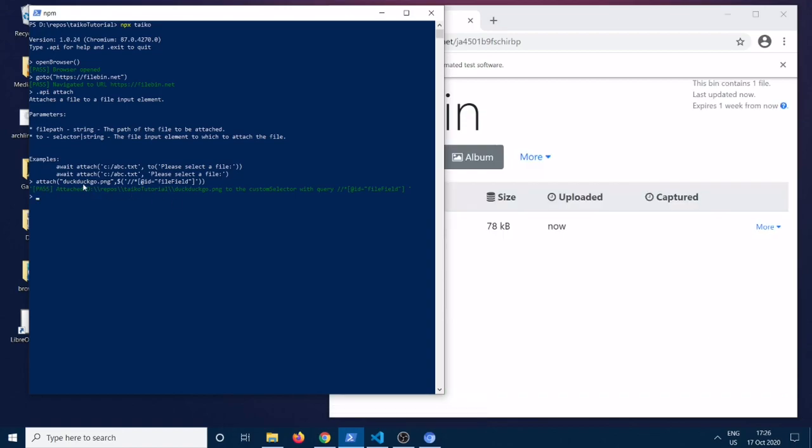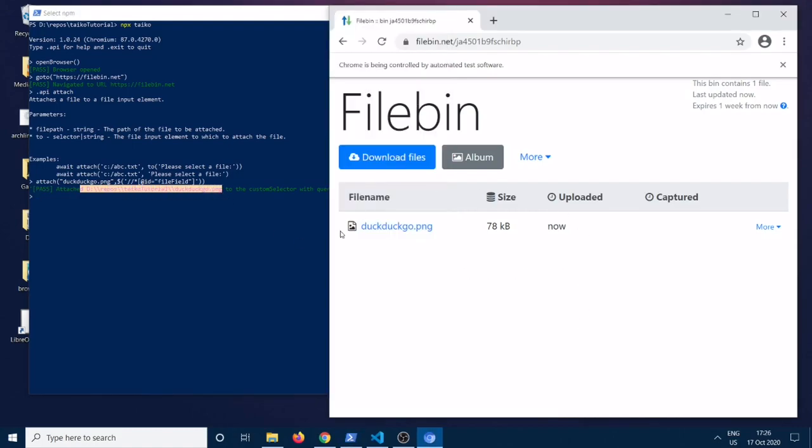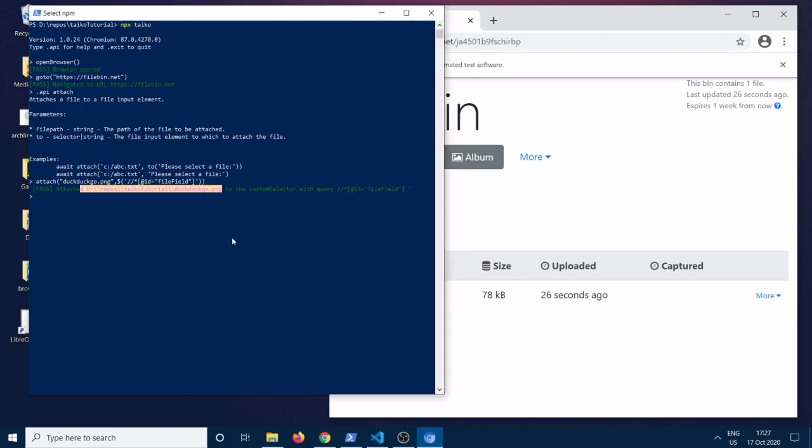As you can see from the internal assertion, it actually told us that this field actually attached a file, and as you can see, it is completely attached. Now, even though this is the way where you can specify, Taiko gives you an even better option. What I mean is, if you have only one field for uploading,